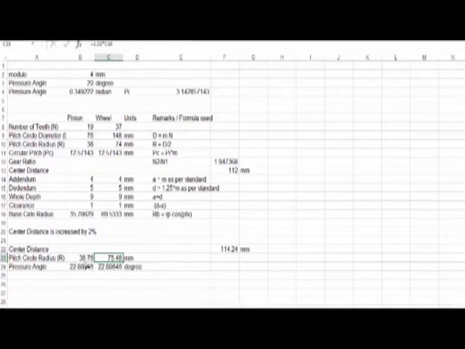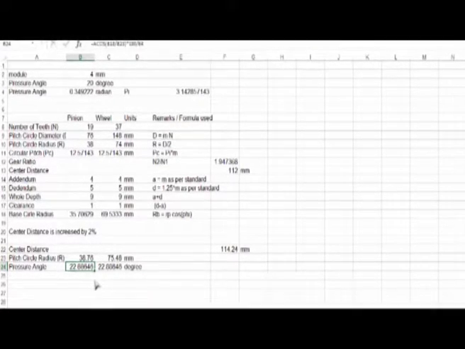Now if you back calculate the pressure angle, you will see that the base circle remains the same, as we understood that the base circle radius has to remain the same and the pitch circle radius will change to accommodate the change in shaft distance. Therefore again if you use the formula RB equals RP cos phi, but this time using the modified pitch circle radius, you will see that the pressure angle has changed from 20 degrees to 22 degrees. So we see about a 1% change in pressure angle for a 2% change in the shaft distance. We should not mind that change in the nominal pressure angle, but the important point to note is that the gear ratio remains constant.